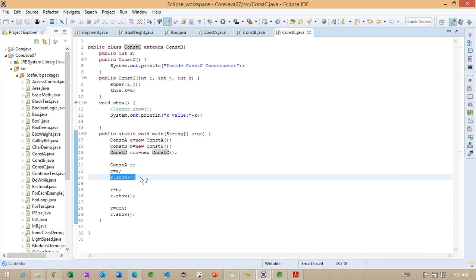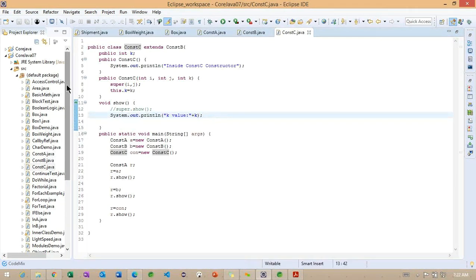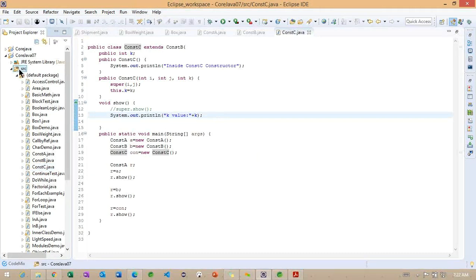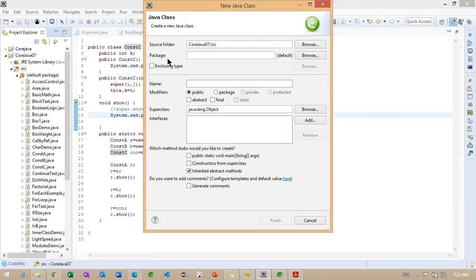No? Okay. So carefully observe here. We'll try to check one more example using some real-time scenarios. To work on that, I want to create a few more classes here.